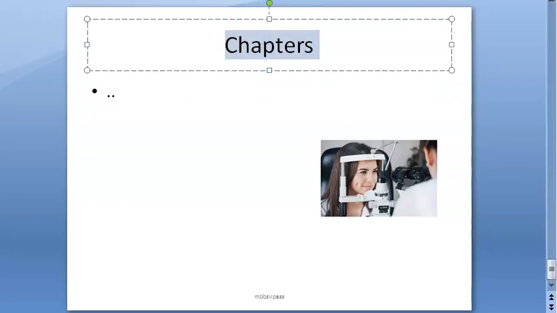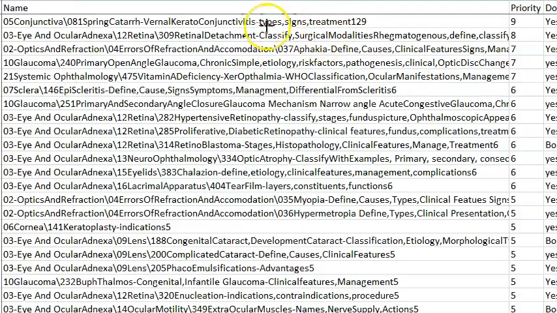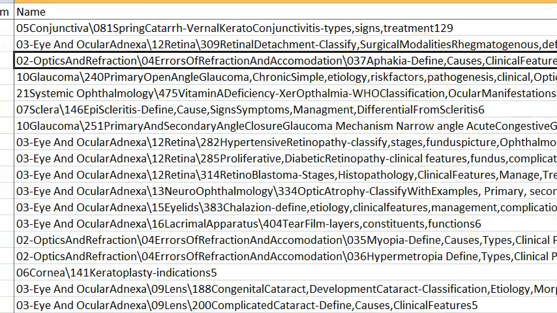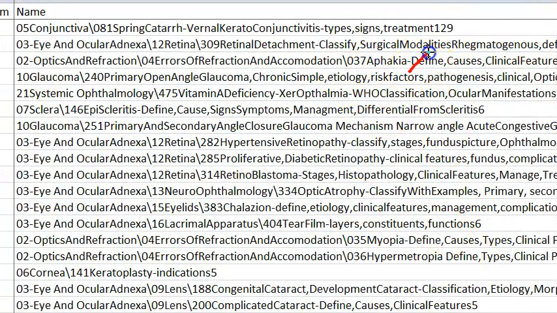Then coming to chapters, let us look at important questions. Keratoconjunctivitis, vernal keratoconjunctivitis important. That's allergic. Retinal detachment, you have rhegmatogenous, tractional, exudative, all those retinal detachments important. Aphakia, where there is no lens, right? Mostly they removed the lens after cataract surgery, so usually that will be the case. Aphakia, there is no lens.